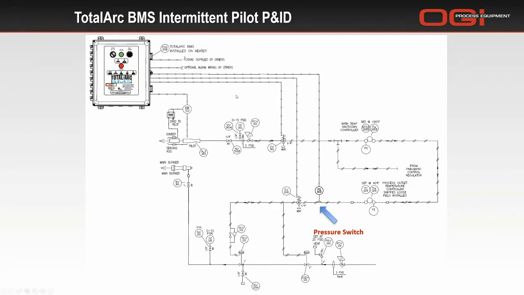Once again, TotalArc BMS will create a signal to open the gas valve along with the ignition transformer to light up the pilot. And after the proven times of the pilot flame, then we'll go ahead and open the main gas valve. So at this time, you're only going to run your valves at the time that you actually need heat. If your heater is in standby and your process conditions have been reduced and you're not drawing that much heat out of the bath, then your system can just be waiting for that instead of keeping the pilot on